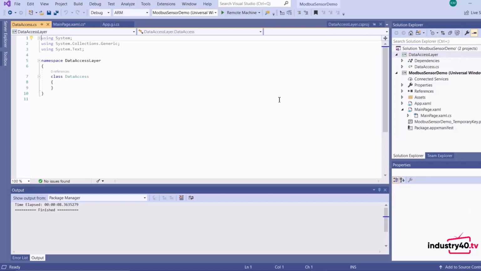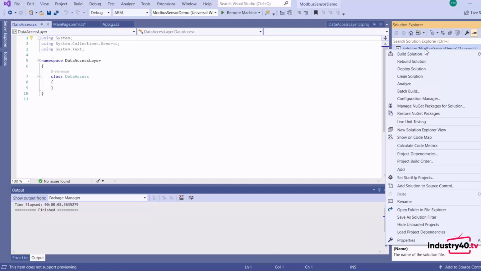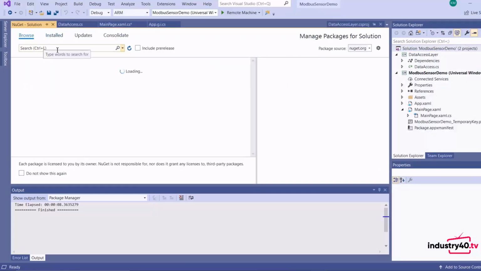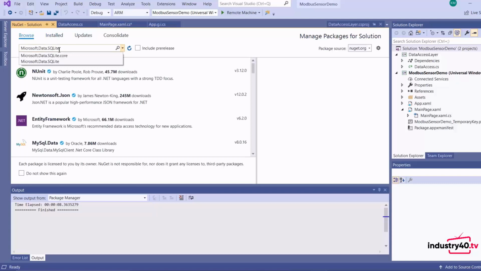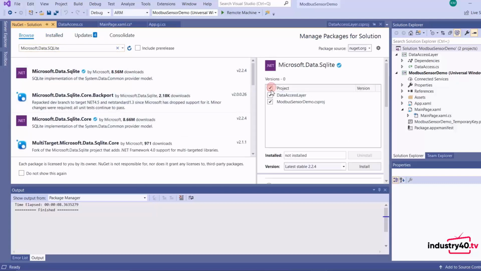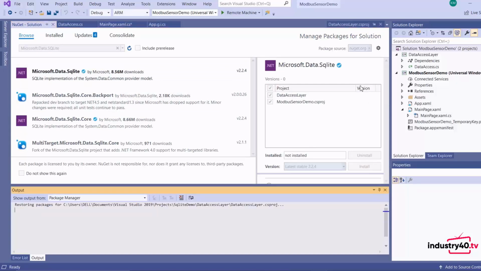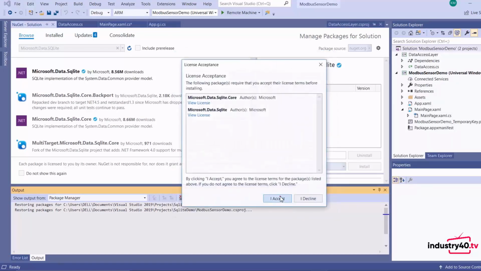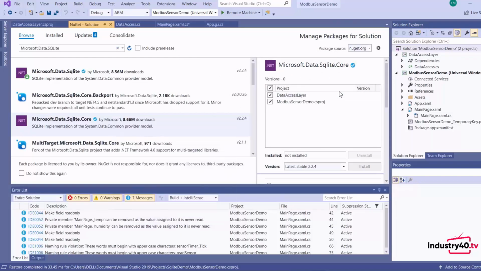Okay, now we need to add the SQLite package to our solution. You right click your solution and go to manage NuGet packages. We go to browse, and then we install for both projects. Click OK, accept, and then we install the Microsoft.Data.Sqlite core.